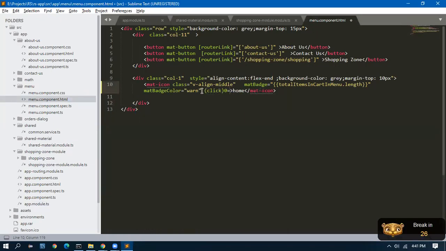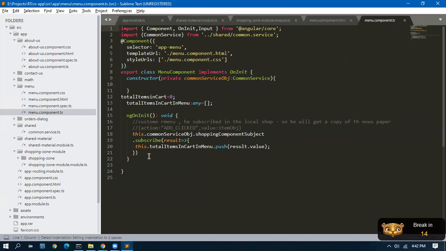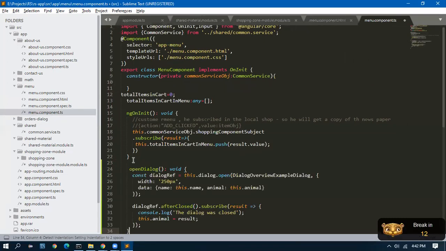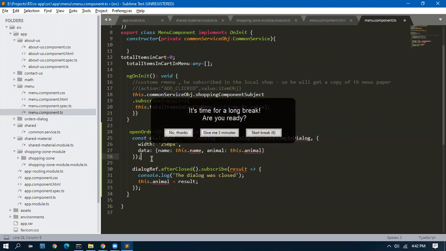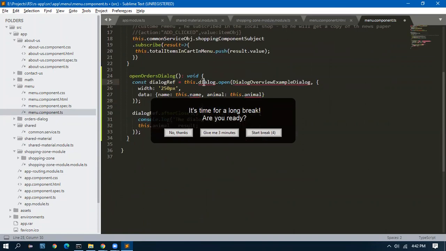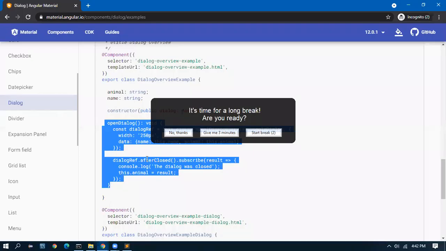Click equal to open orders dialog, and I'll go to the menu component. I will paste in the TS file and I will rename it as open orders dialog. Now I get some error, this dot dialog. So I go to the documentation.